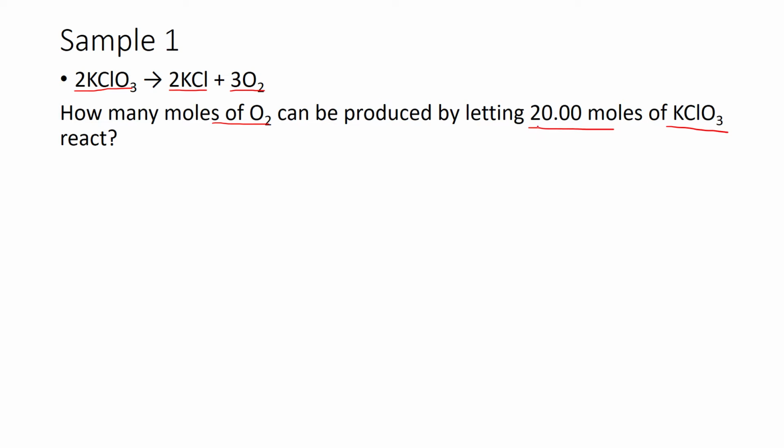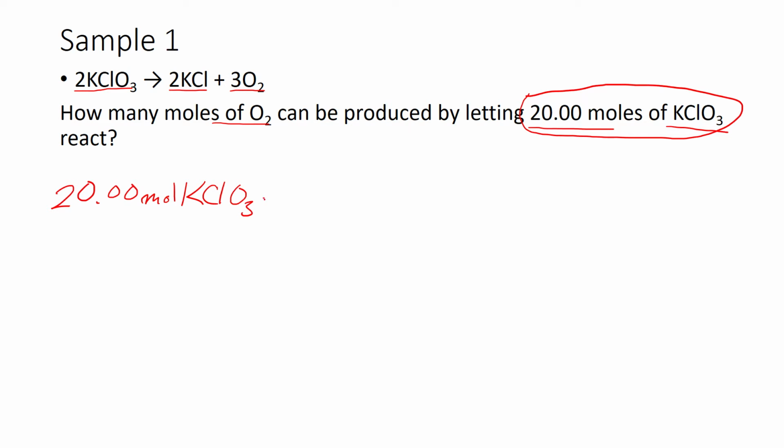The first question that we should have is, what's the given? All right, let's look for the given, and the given is right here. Right here is our given unit and value. So let's start with 20.00 moles of potassium chlorate, KClO3. This problem wants us to convert from potassium chlorate, KClO3, to